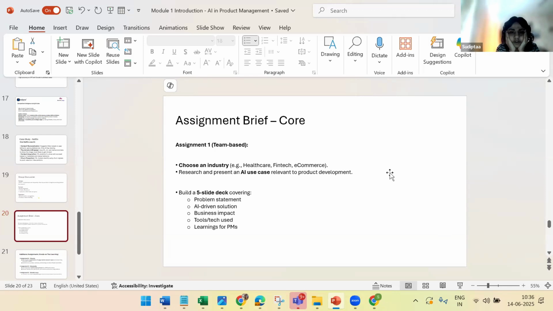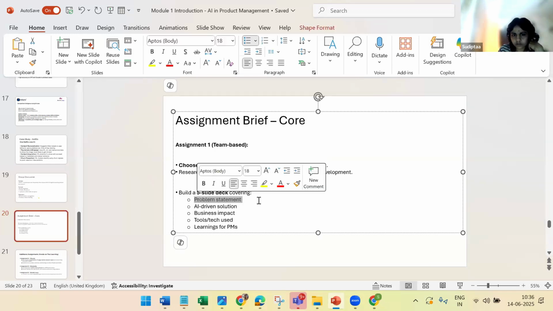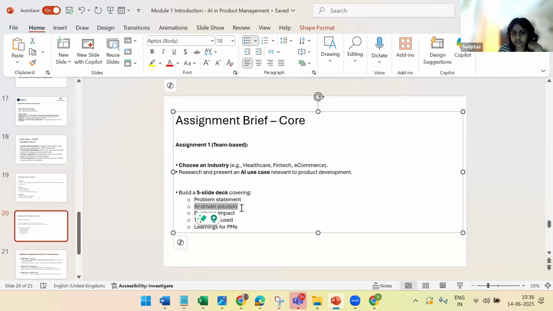So this is the AI product tool or AI use case I have used. You can use any other tool. You can take any internal tool that is needed and it has to be made with AI. So what is the business case? You work on this. Build a 5-slide deck. I told you how to create the vision statement or a problem statement. Use shorter look for that. AI-driven solution to do the market research. Use all these 3 tools.